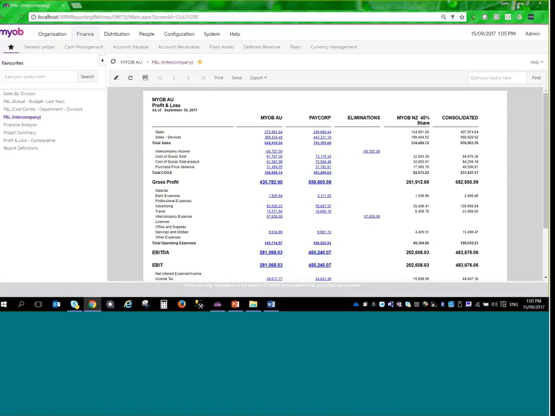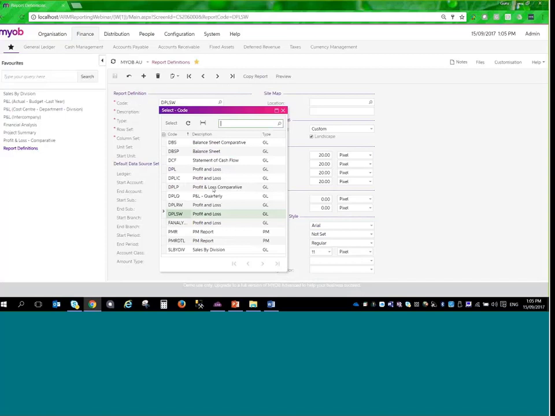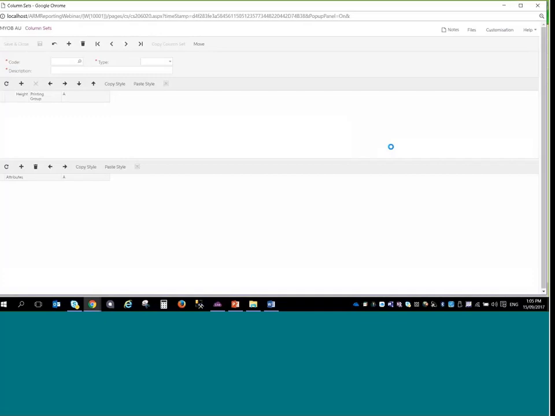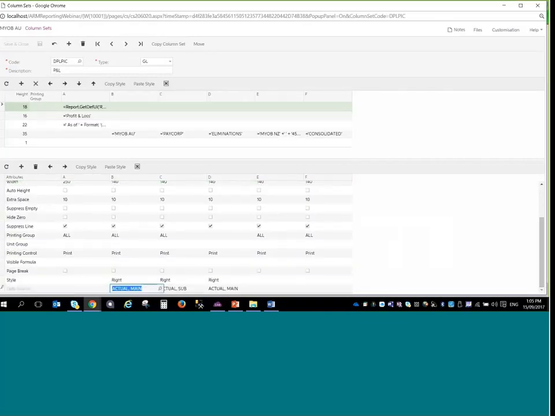So once again, in this report, the row sets will be pretty much common, and I would like to show you the column sets, how it's been designed and how it will look. So the way it's designed is, okay, so